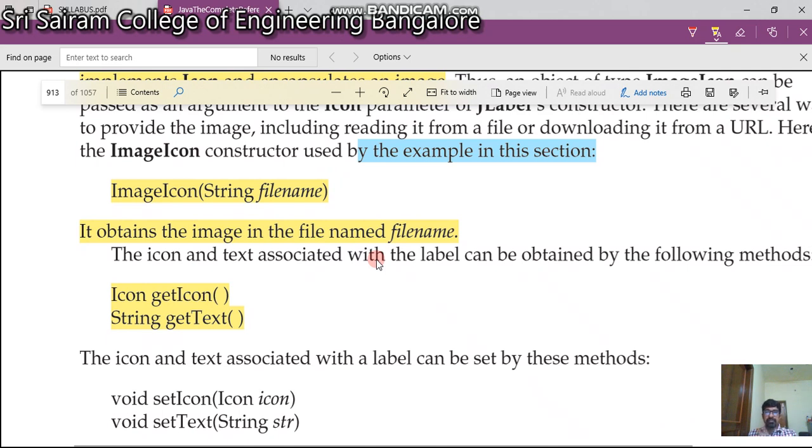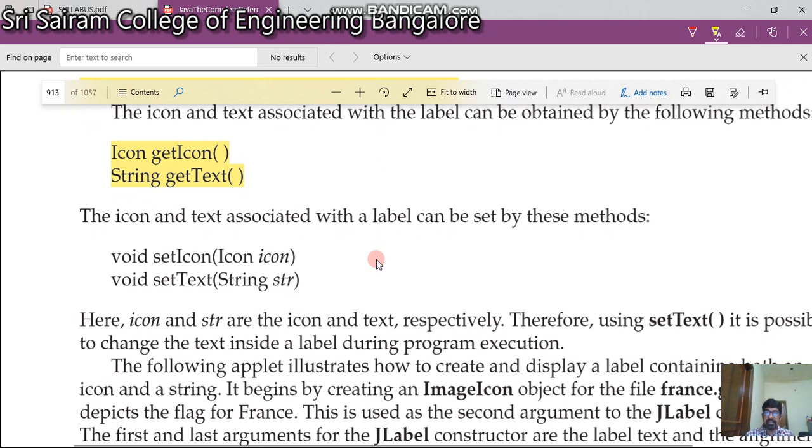The icon and text associated with the label can be obtained using two methods called getIcon and getText. The icon associated with the label can be obtained using getIcon, and the text can be obtained using getText. In the same way, you can set the icon using a method called setIcon, and another method called setText sets the text associated with a label.